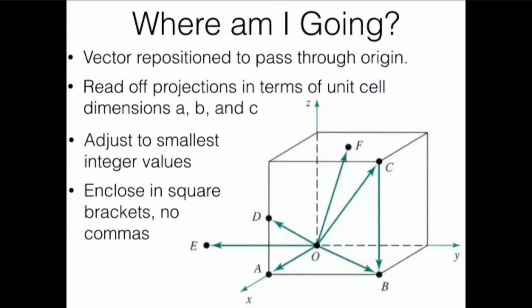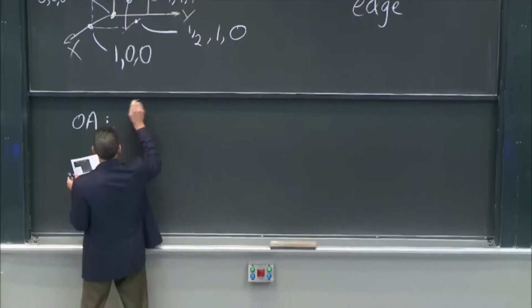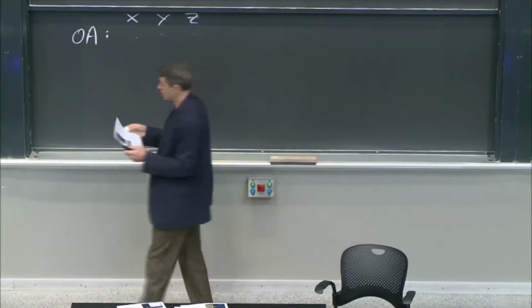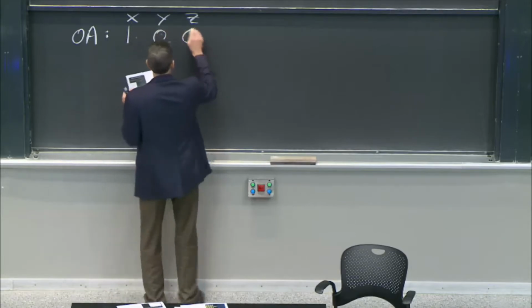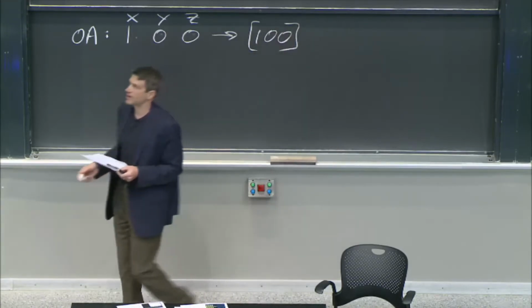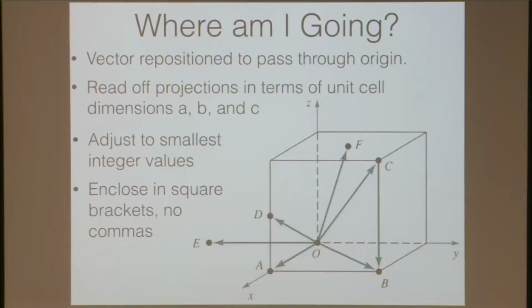So, let's do a few. So, OA, here are the X, Y, Z readout. Well, this is 1, this is 0, this is 0, so this would give us this as the notation for the OA vector. You see that there? Notice I've already done step 2, the second bullet there, read off projections in terms of unit cell dimensions A, B, and C, because it went all the way to the edge, so it's a 1. It didn't go halfway, it's not a half. Okay, good. So OB,